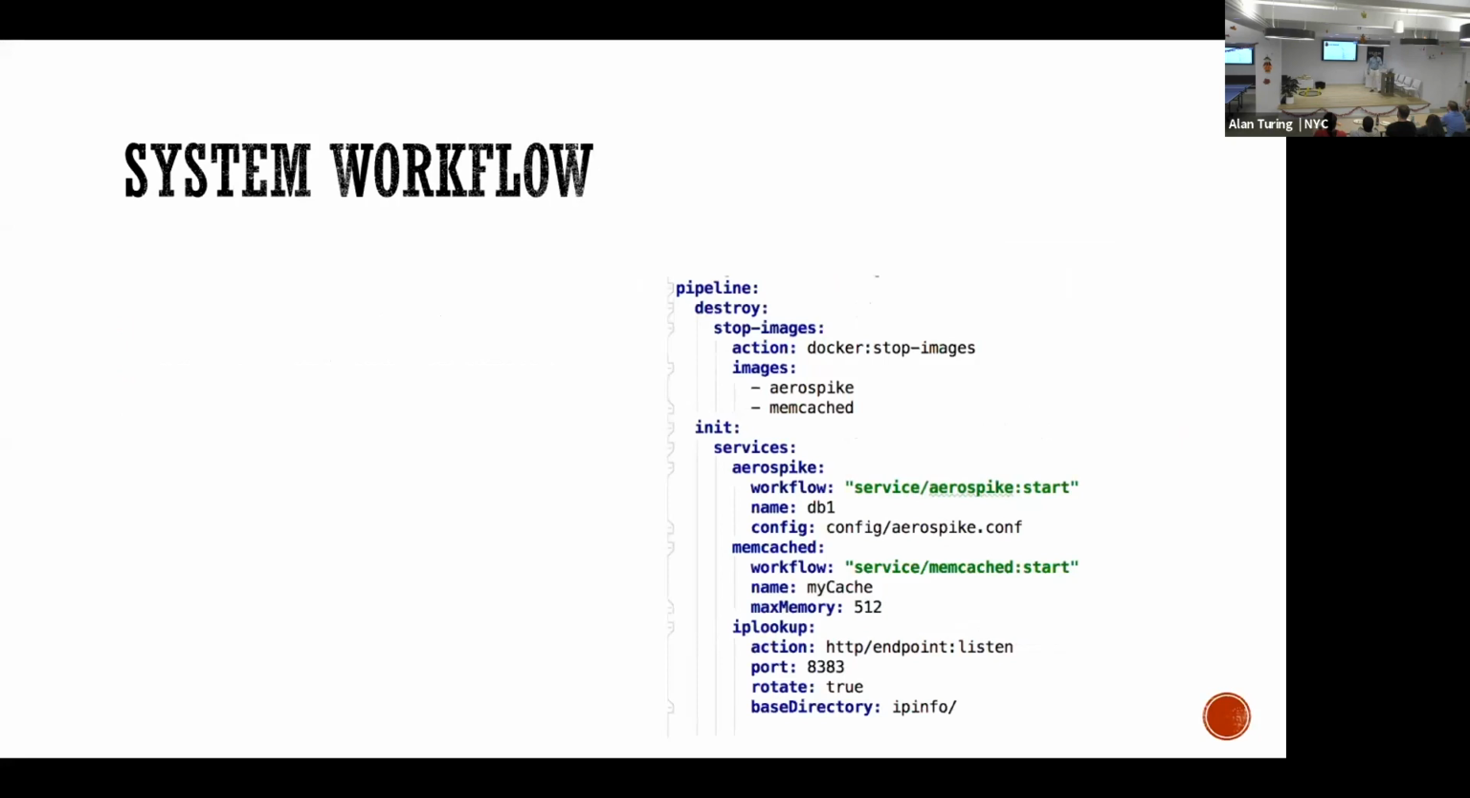So here is an example with Endly of how a system workflow may look for this application. This particular application, as I called out before, uses Aerospike as a database, uses the memcache service, and also uses the IP lookup service. The first two services can be easily implemented with Docker. The third one uses